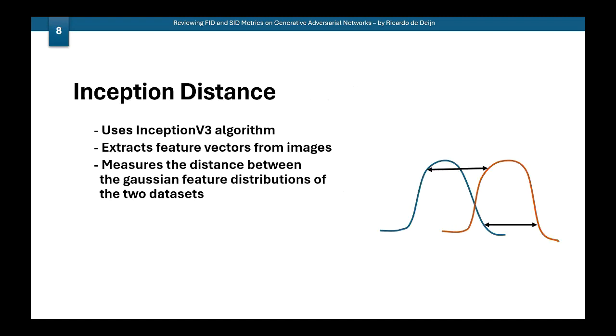So yeah, what's the inception distance? Well, to measure the inception distance, the FID and SID metric use the Inception V3 algorithm from Google. And this basically creates feature maps from all the images in the data sets. Eventually, after creating feature maps for all images, they get put together into a feature vector. And this gets done for both image data sets, the generated data and the original data, and then the distance